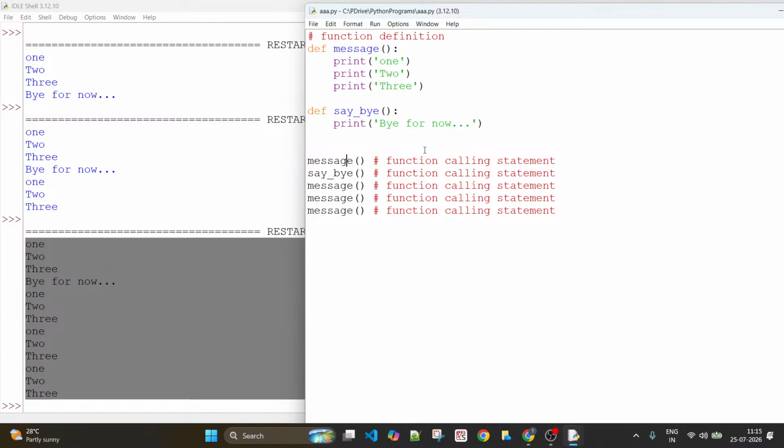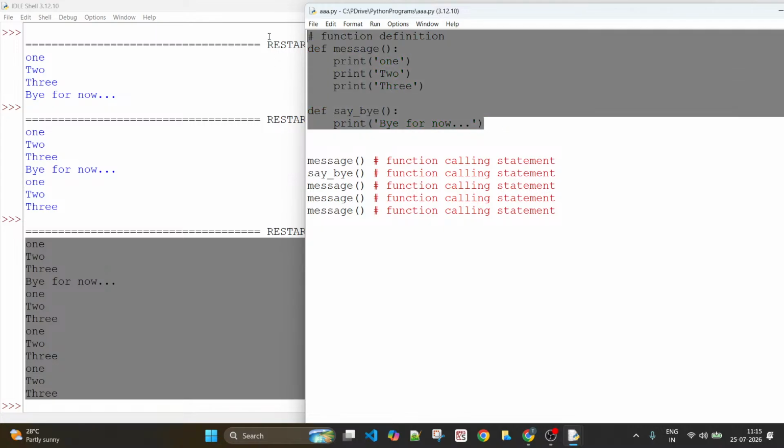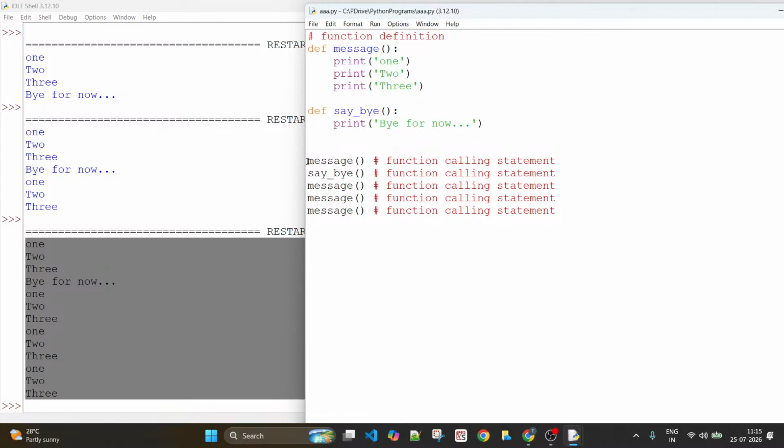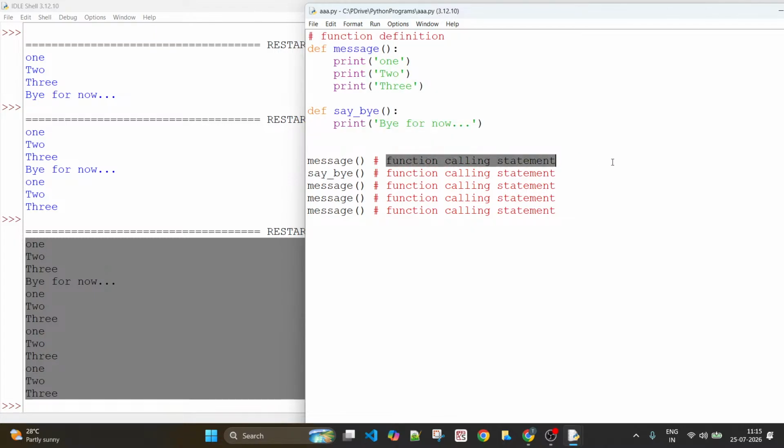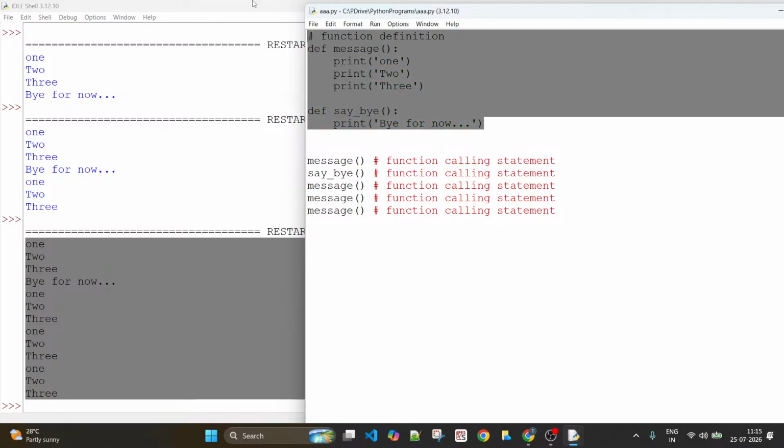We know now just writing the function is not enough. If you have to execute that, you need to make a call to it. Without these statements, though you have this piece of code in your file, they will not get executed. That's why the function calling statement is very, very important. If you don't call these functions, while those functions are still existing in your file, the code within those functions will never get executed.